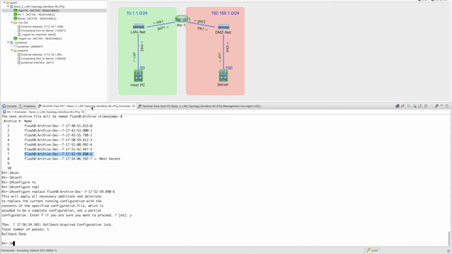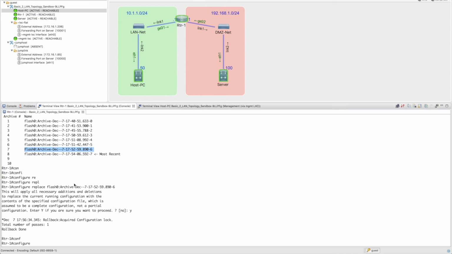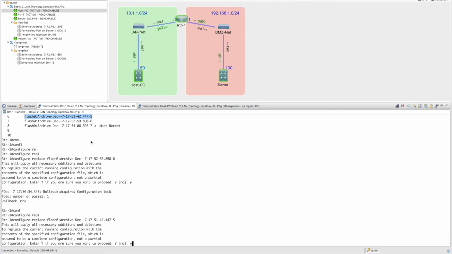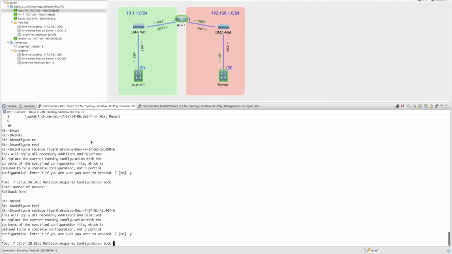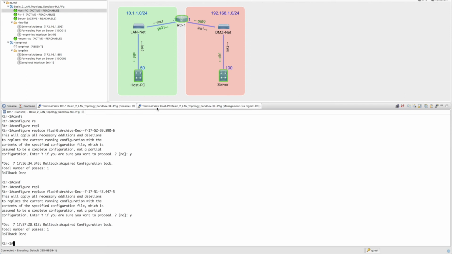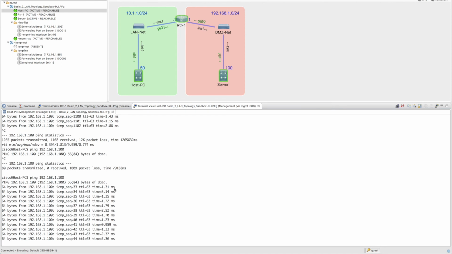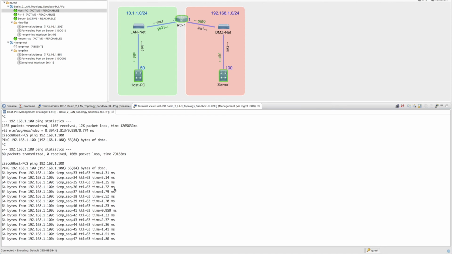But that's okay, we can jump back into our router and say, okay, that didn't fix it. So let's perhaps try the earlier archive file. And in this case, let's try this one. Yes, we do. Give it a moment. Let's go back. And hey presto, whatever changes were made after that archive file was created was what introduced the